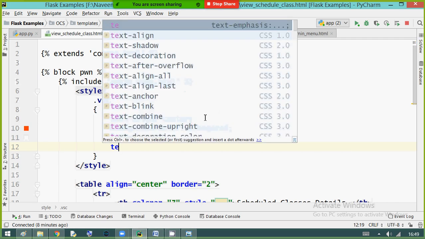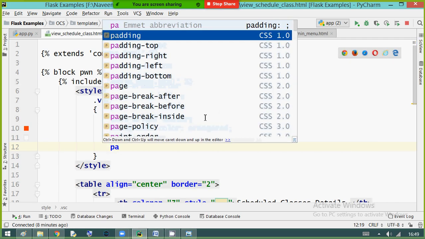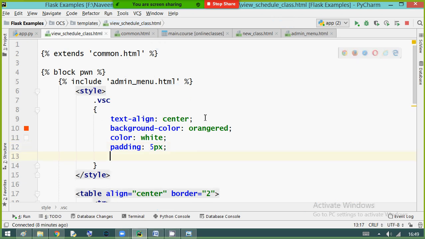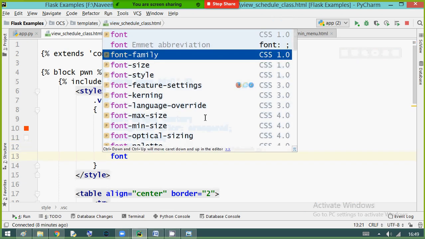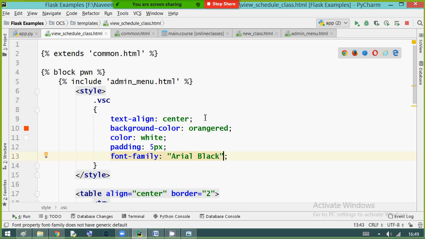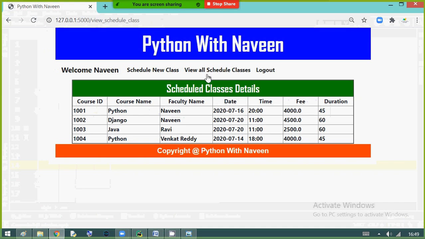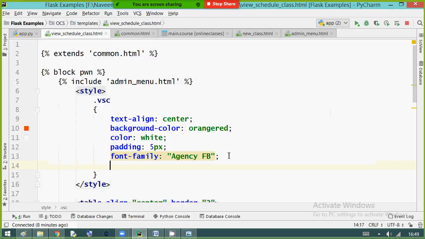Okay, right. So padding from all sides, 5 pixel. Font family, no, right, that's it. Let me check. Not bad.